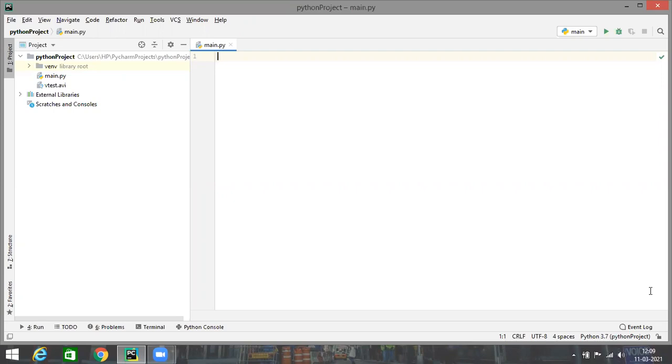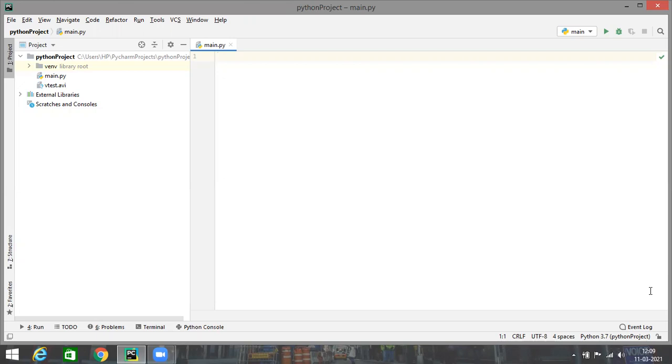In order to read that video, we'll have to read all those multiple frames one after the other in the order in which they appear. Which means we'll have to perform the read operation multiple number of times. In any programming language, whenever we have to perform a certain operation multiple number of times, we make use of loops. So here also, in order to read a video in Python, we'll have to make use of loops, and inside that loop we'll perform read operations.